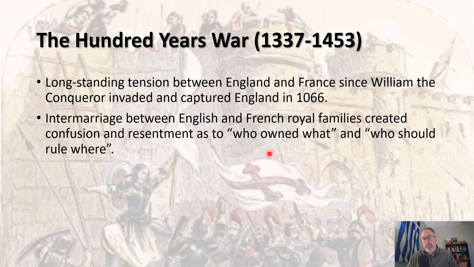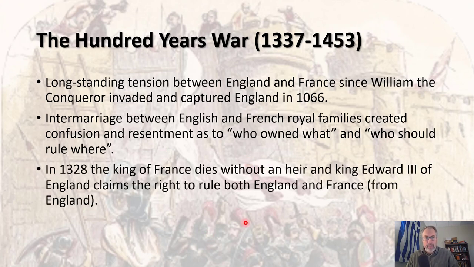And so you have this intermarriage between these royal families as a way of solidifying agreements and treaties and peace between these two sides. But all this also causes great confusion down the line. You do this for enough centuries, you can say, okay, well, whose bloodline gets to decide who's what, follow the queen here, follow the king there. And so by the time we get to the 14th century, there's a huge amount of confusion as to who actually owns what and who should rule where, particularly in royal family holdings, who actually owns this territory.